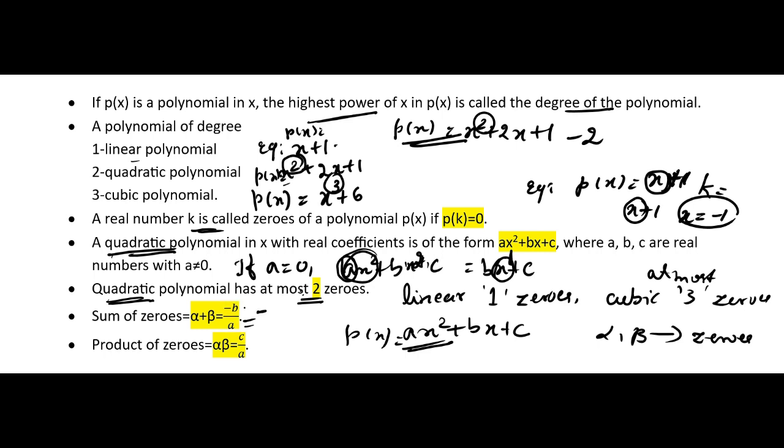Here minus b means the coefficient of x with a minus sign, divided by